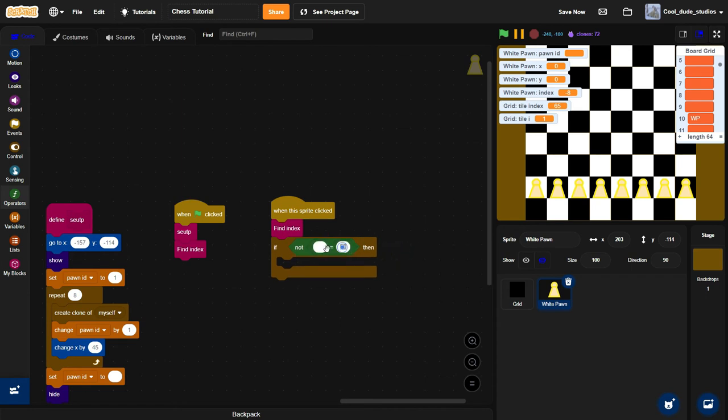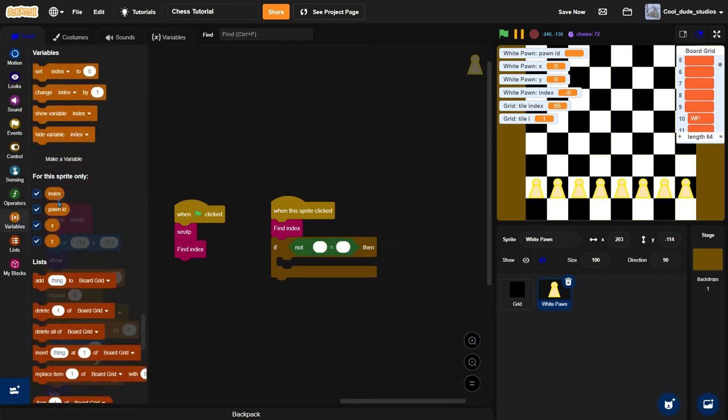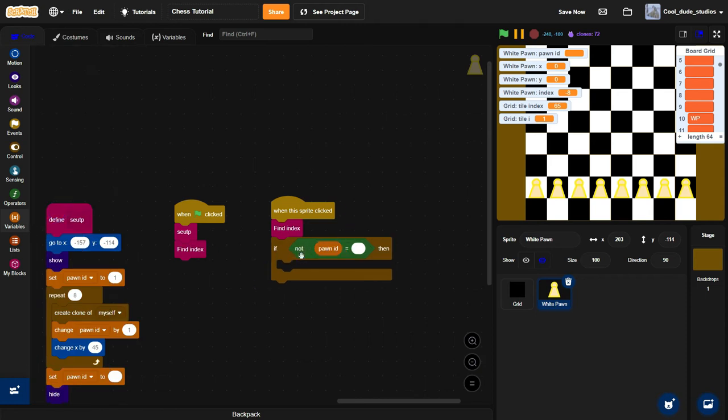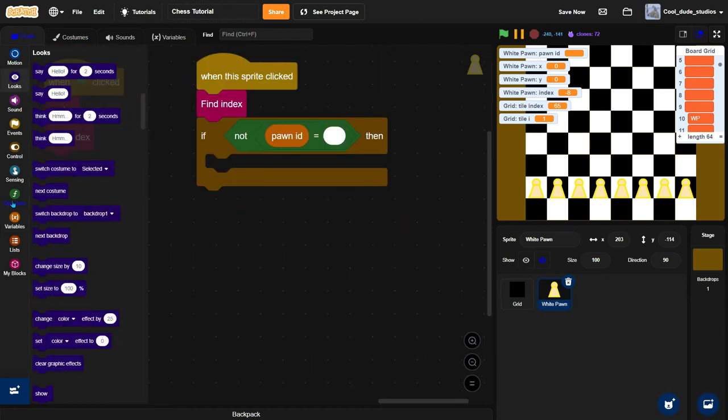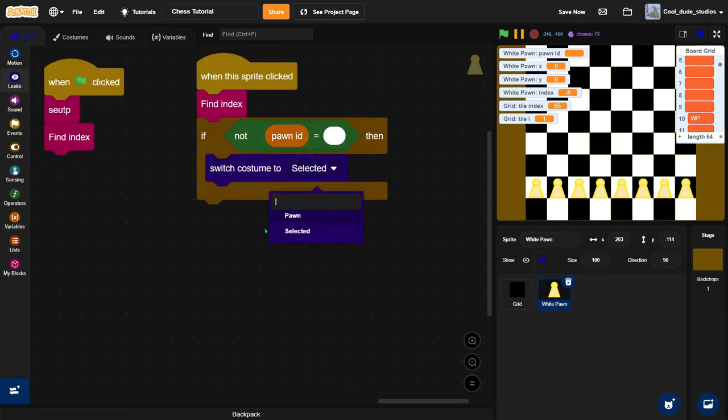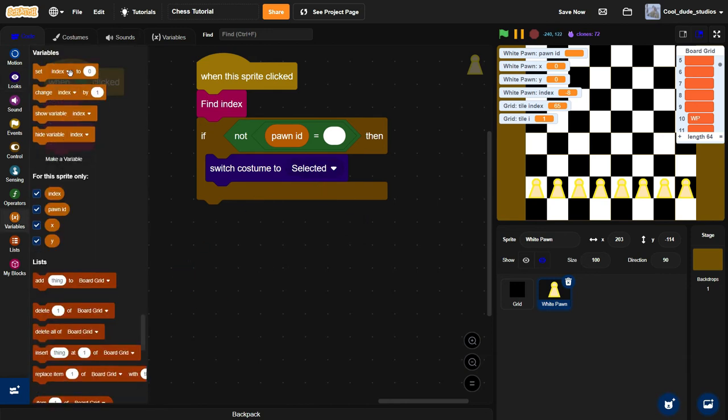Oops. And not pawn ID equals blank. So we want to make sure this is not the original sprite, just in case it was showing for some reason. So then we're going to switch the costume to selected, and then we're going to set